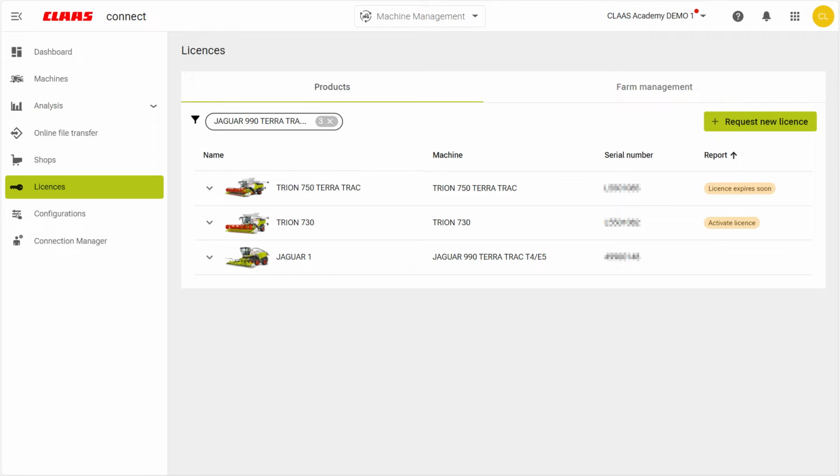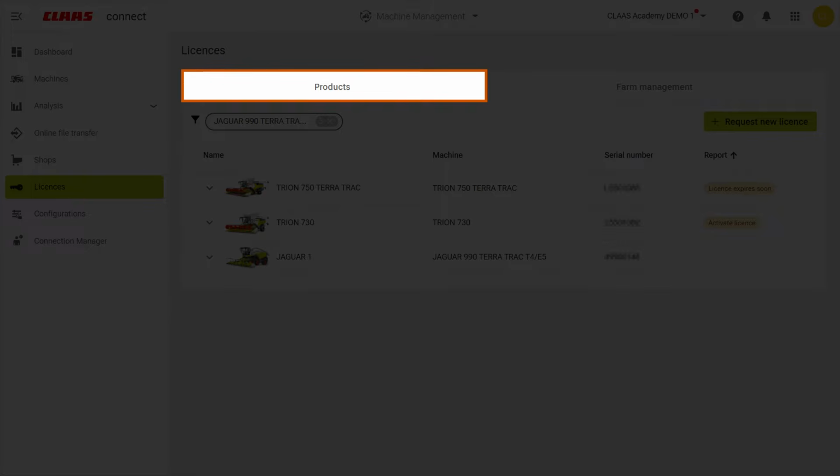To ensure full functionality of Claas machines and software, you need to have the appropriate licenses activated. These licenses unlock machine capabilities and software modules that optimize performance and productivity. Under Products, you can manage all machines, terminals, and their licenses, such as Machine Connect license or data volume for correction signals on the steering system.